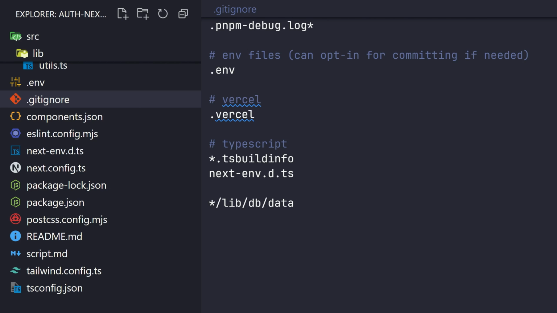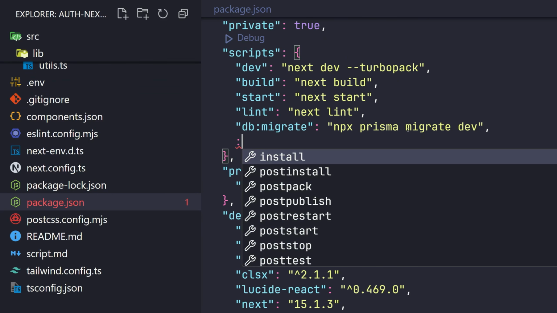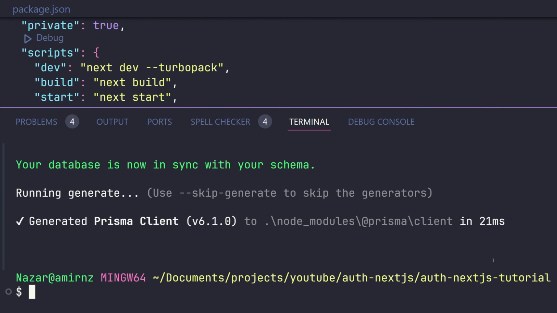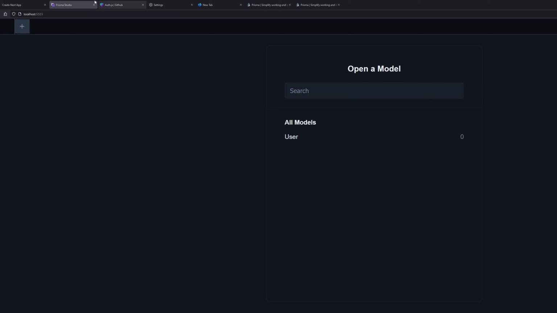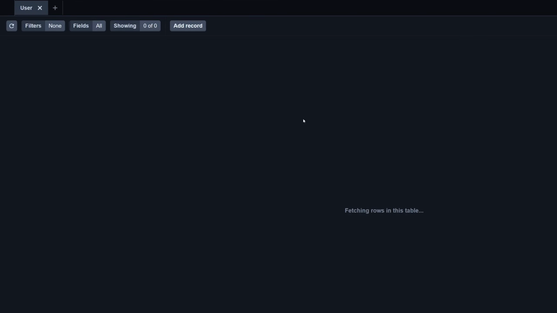Also, for simplicity, inside our package.json, I'm going to add another script called db studio, which is going to open up the simple yet very powerful database management client provided by Prisma by default like this. Then just type the command npm run studio like this, and then head over to the localhost port 5555. As you can see, we have migrated our database with our user model like this, with the specified fields inside